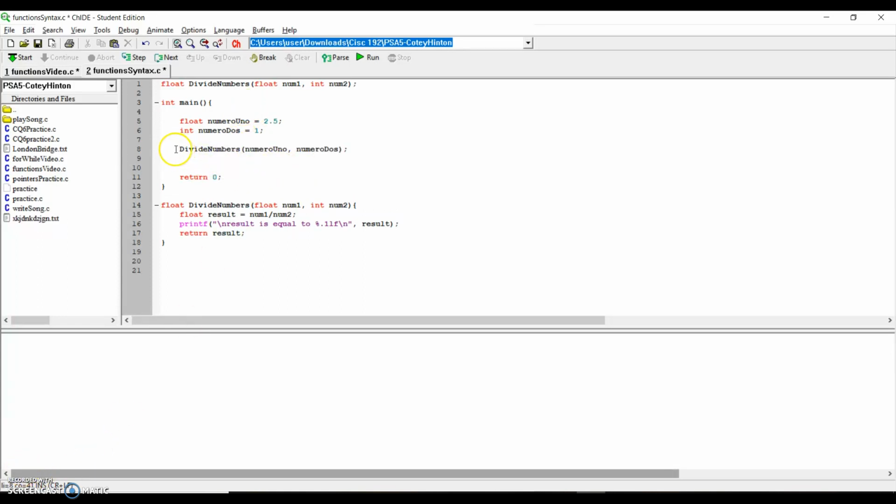Here is our function call right here. Notice it's a little bit different than defining it and declaring it. When you're calling the function, you only need to write the function name and the arguments that you're passing into the function. Notice that these arguments do not match the names of the arguments that we have in the declaration and definition. The reason for that is because we are passing in these arguments here. We want to divide